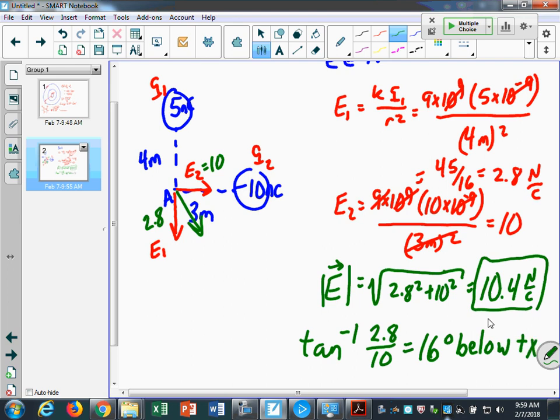So I'll ask you either for the magnitude and or the direction. Those will be probably two separate questions. Or I might just ask you the magnitude or just the direction. All right, so that's the first part. Now if I want to know the potential, that's probably the hardest part, by the way. If I want to know the potential at that point,